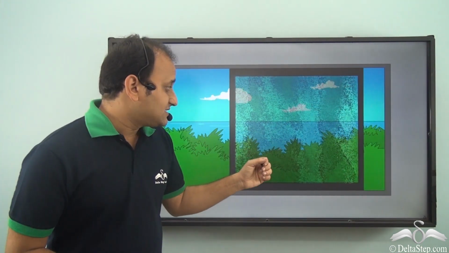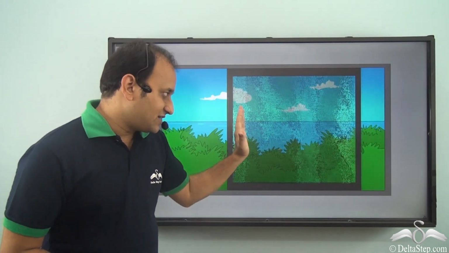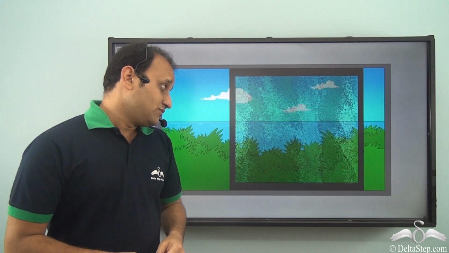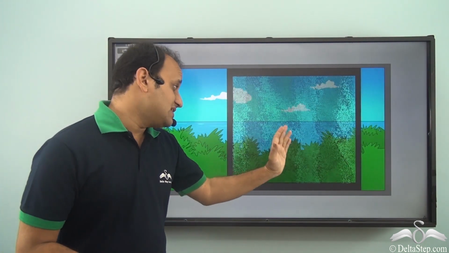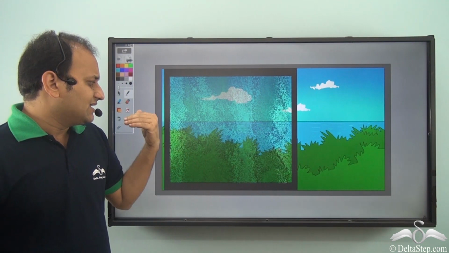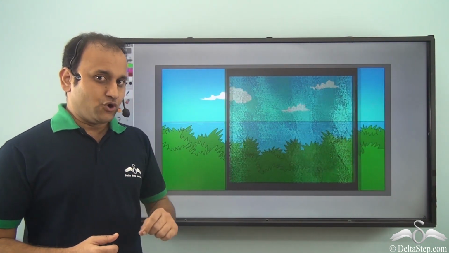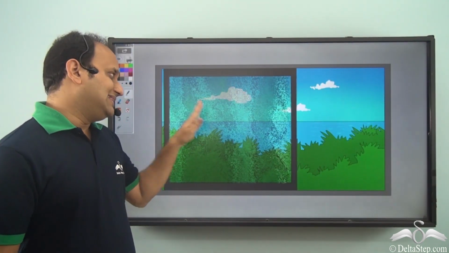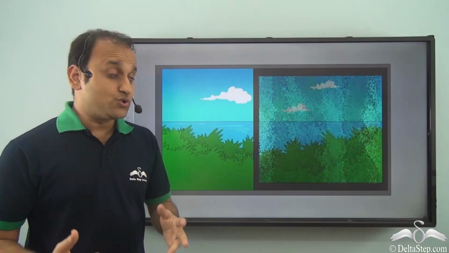Now, what do we see here? Well, here we see that there is frosted glass installed in a window. Now, what does this glass do? Well, if you see through this glass, you will still be able to see things behind it, but they won't be very clear. So, compared to the normal glass which we saw earlier, which was transparent, where you could see anything behind it clearly, this is a bit different. Here you can see the things only partially.